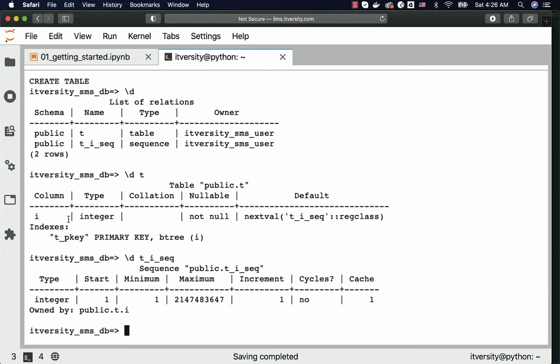The actual data type of i is integer only. However, because it is specified as serial, a sequence is created. It will be used whenever we insert data into the table. You will understand those aspects at a later point in time. For now, just to demonstrate the capabilities of \d for describe, I am using these objects and I am trying to get the details of those objects.